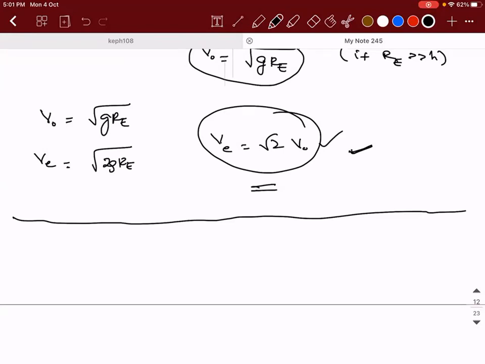Sir, gravitational potential energy is like minus G into m into mass of Earth divided by R, right? So for gravitational potential, we have to remove m. Yeah, for gravitational potential, you have to remove the small m. So generally, potential means the amount of gravitational potential energy or the amount of work done per unit mass. So as you asked, yes, you have to remove that small m.